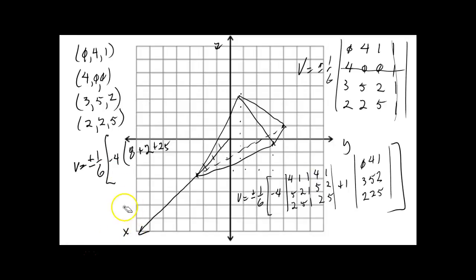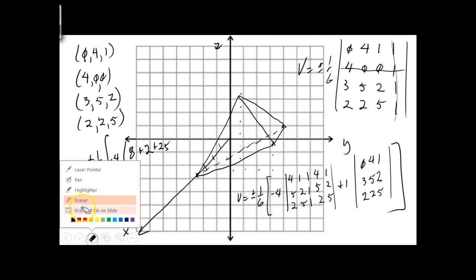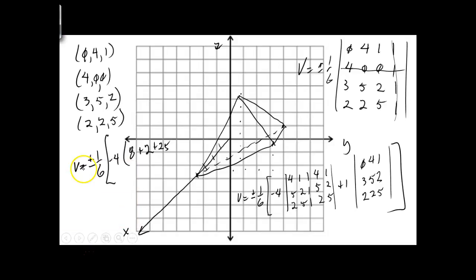Since all these are positive, since we're on the positive side of x, y, and z, some of those could have been negative. They just happen not to be in this problem. But let's do our up diagonals, okay? And the first one is going to be